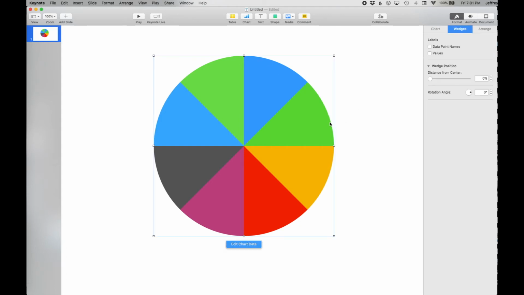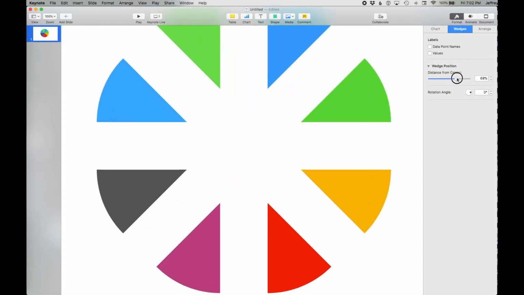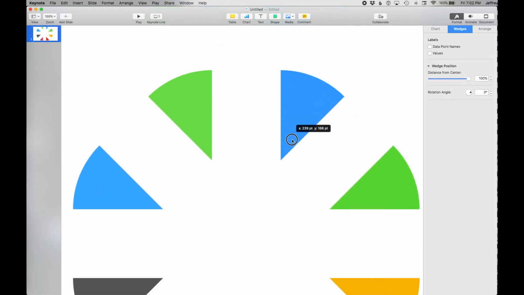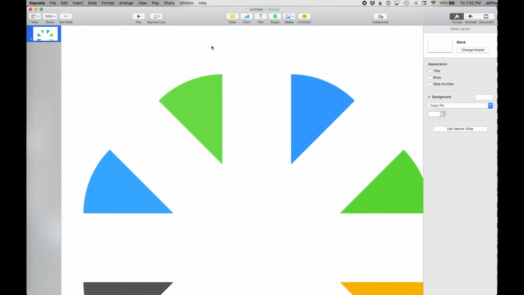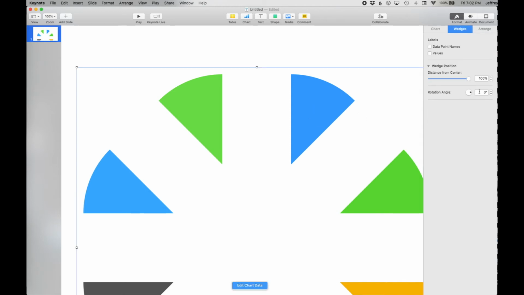And then you can see if I use this distance from center, I can actually explode this, which then allows me to more easily screenshot just one of these with a plain white background around it. And then I can separate it out. What I also did before I took the screenshot, just knowing that I was going to need this, was because I had 8 here,